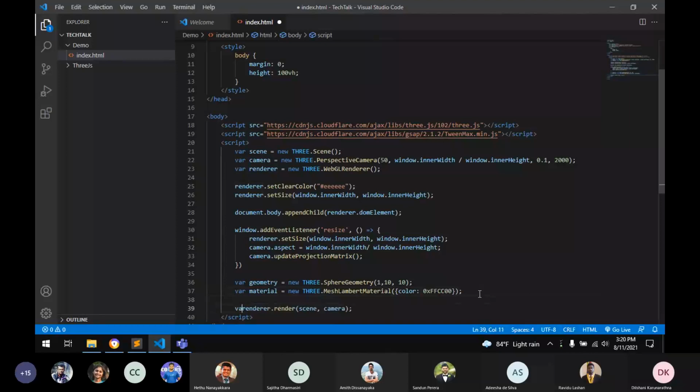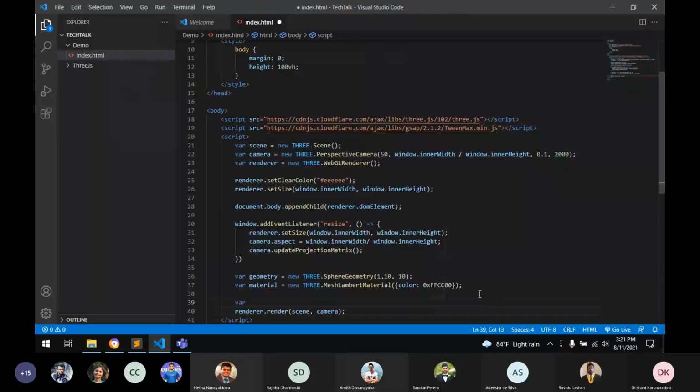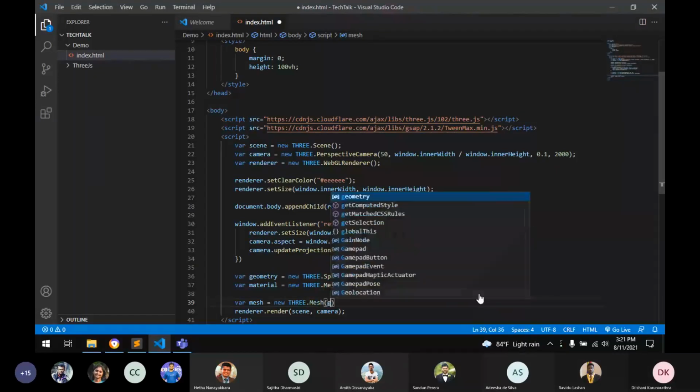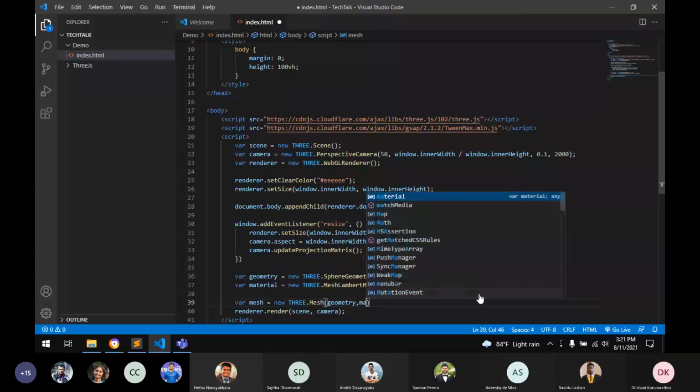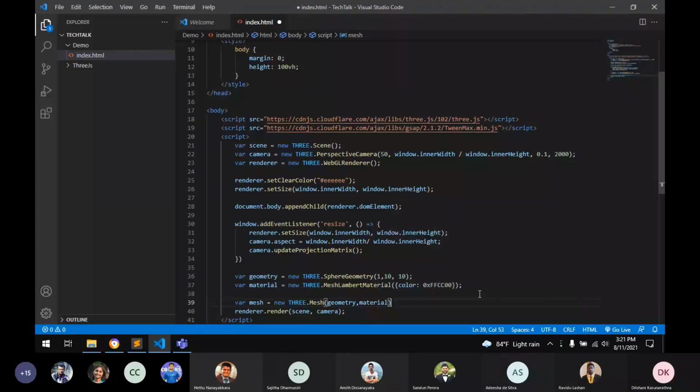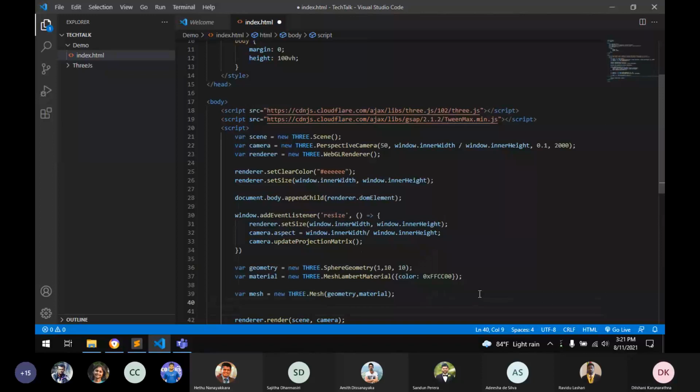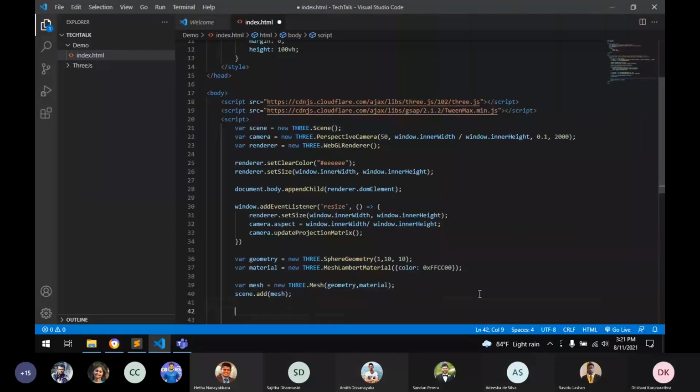And then the mesh, and also the position.